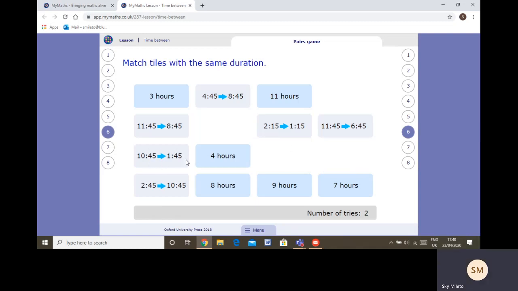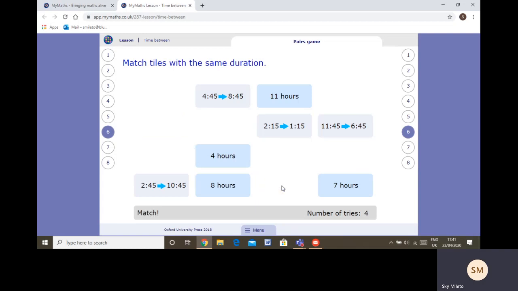Now I'm going to look at this one. This one looks at 10:45, 11:45, 12:45. Would I go to 13:45? I wouldn't. Remember, after 12 comes 1 on a clock, so that would be 3 hours. 11:45. Now this one I'm going to count to 12:45, then to 1:45, 2:45, 3:45, 4:45, 5:45, 6:45, 7:45, 8:45,